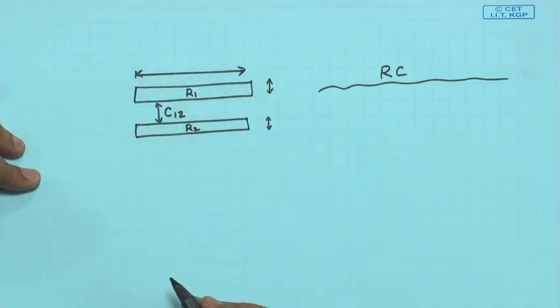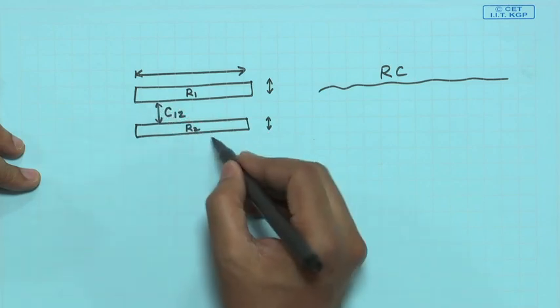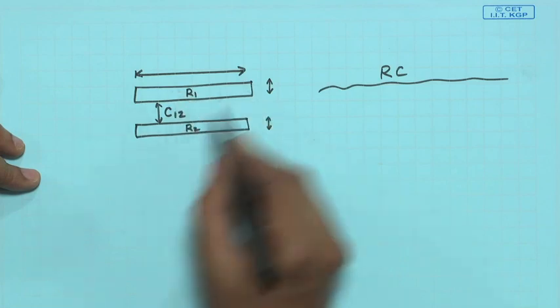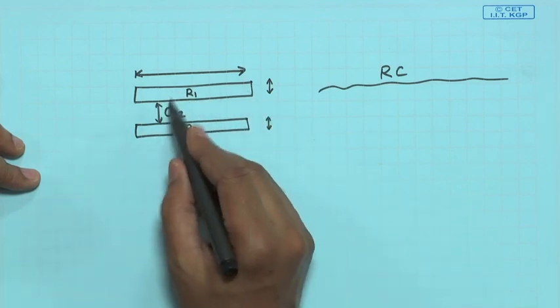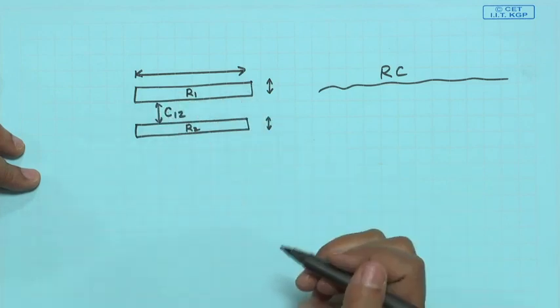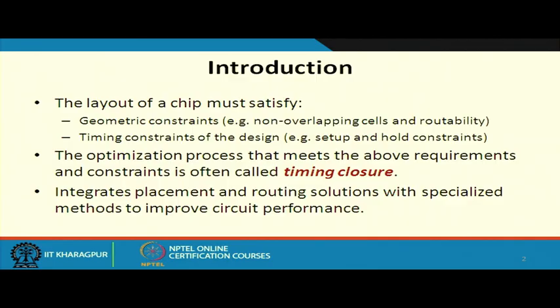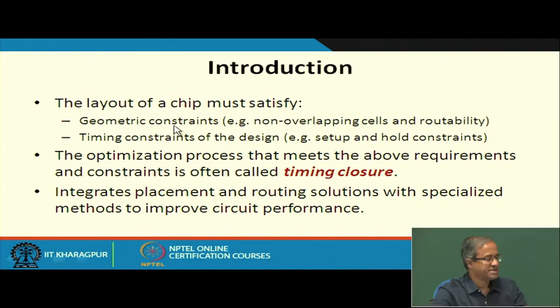So, what will be the length of the wires, and the separation from some other parallel wire, that will determine the entire wire capacitance, right. Fine. So, this will be the first kind of constraint, the geometric constraint,